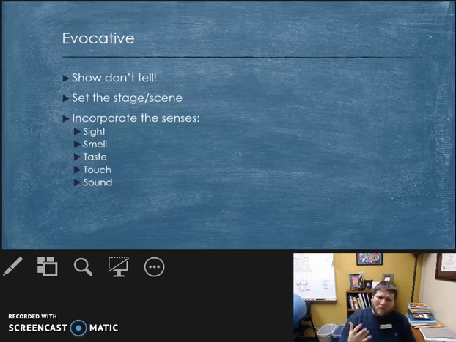So think about how to incorporate the senses. It would be really easy, and tempting even, to just sit down and say, "I laid in bed this morning and went over my to-do list. First, I thought about how I need to get milk. Second, I thought about, oh my goodness, I had better make sure that I take the trash out because trash day is today, and I better get it down before 10 a.m." or whatever. That's the telling. Make sure you set the stage by incorporating the senses.